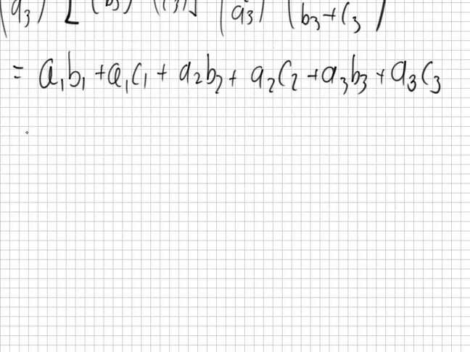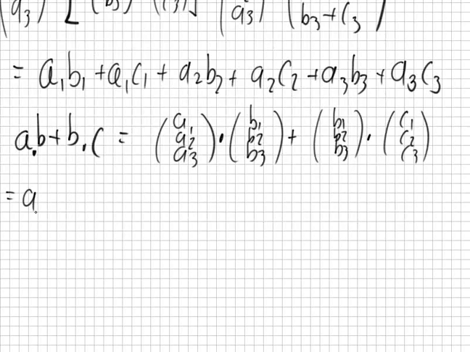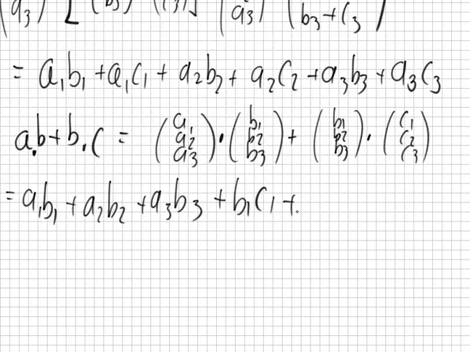So A dot B plus A dot C equals A1, A2, A3 dot B1, B2, B3 plus A1, A2, A3 dot C1, C2, C3, which would equal A1B1 plus A2B2 plus A3B3 plus